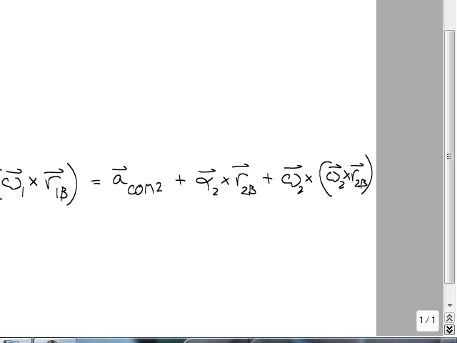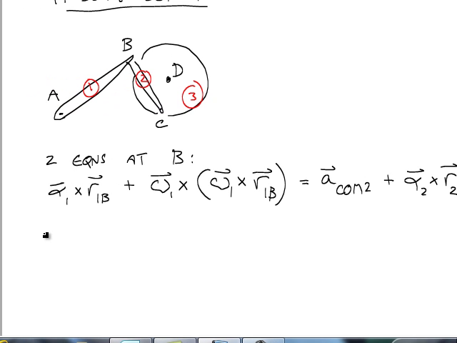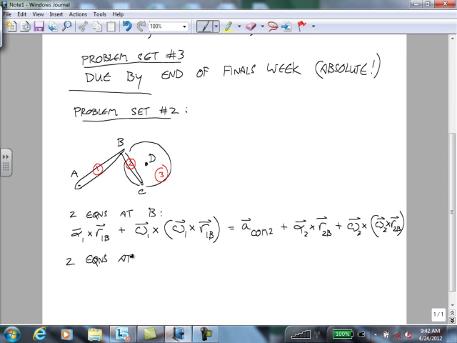Okay, and then 2 equations at C. And just as a reminder, why is there no A center of mass 1 in this equation? Because it's fixed here. Yep. And at C, you have,